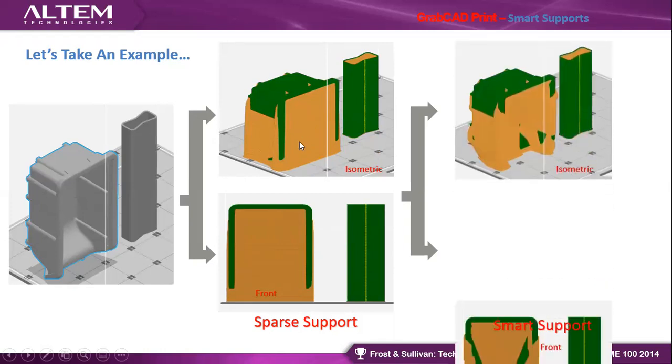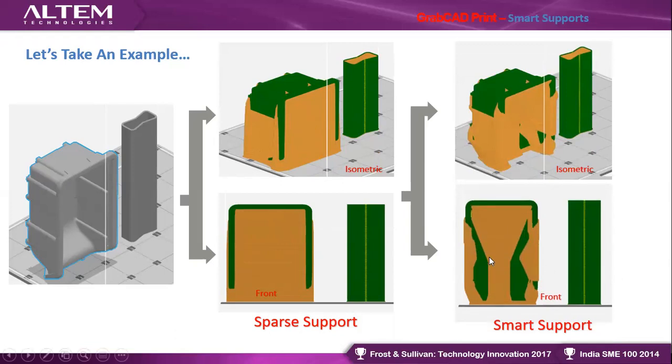see the front view. It's just growing like a tree here, so you can save a lot of support material. Not only material, you can also save a lot of printing time. So this is the importance of smart support. Whenever you have a model, always try to print with smart support, unless it's quite a tall model, or you have a very tough model, or breakaway supports, those kinds of things. I can even open the software.